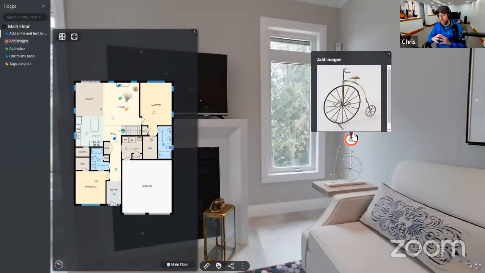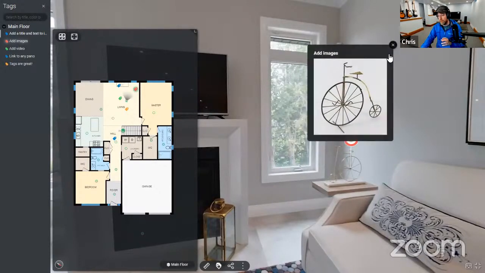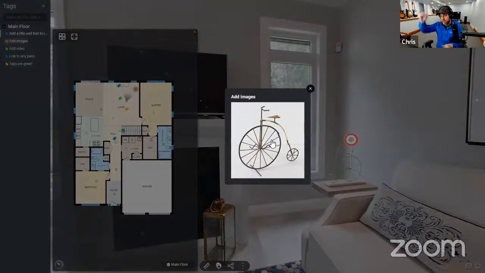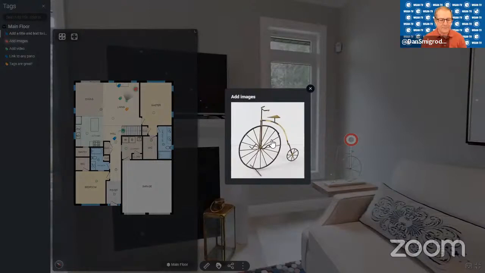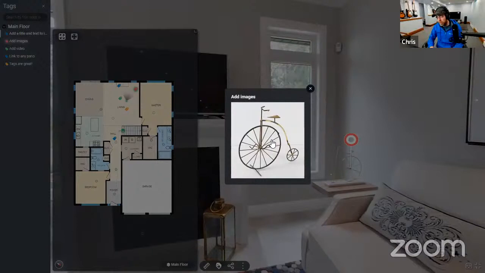Now, when you start adding a lot of text or images, the way you navigate with that tag becomes more complicated. If I load this up full screen and it's got a lot of content, I can actually scroll through all that content. I don't have an example of one that's overloaded because we don't typically do that. But you could include an entire essay if you really wanted to, including video and images, like a fully formatted website within a tag, should you choose to. People don't usually use them that way, though. They usually choose one really targeted piece of information.